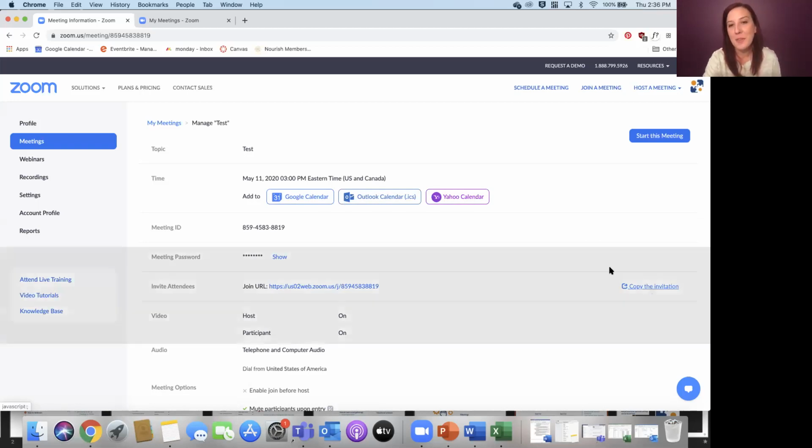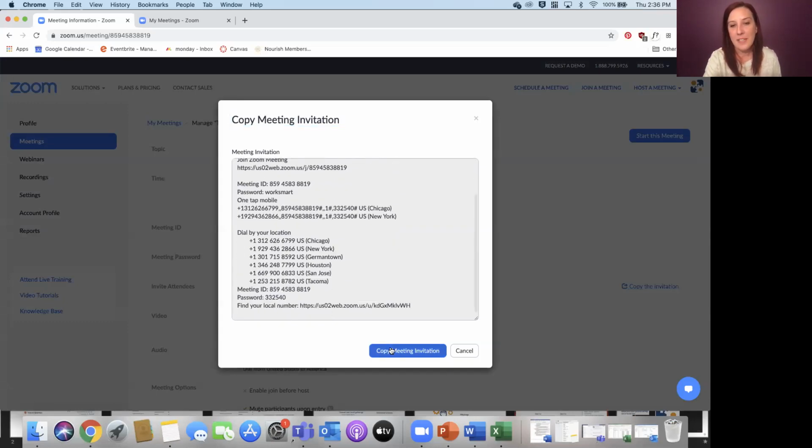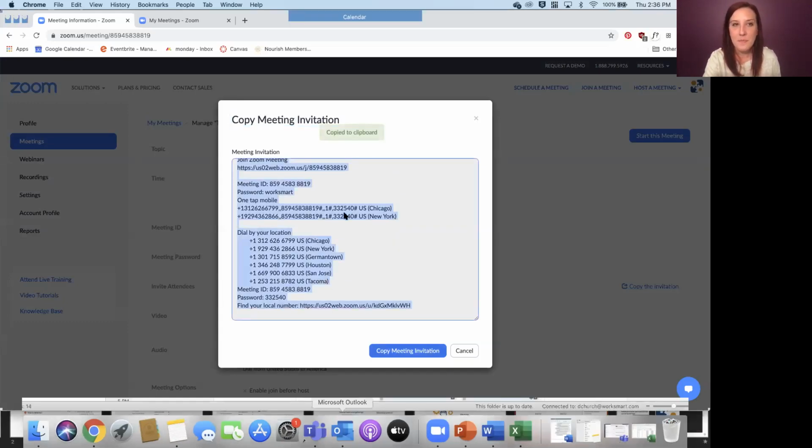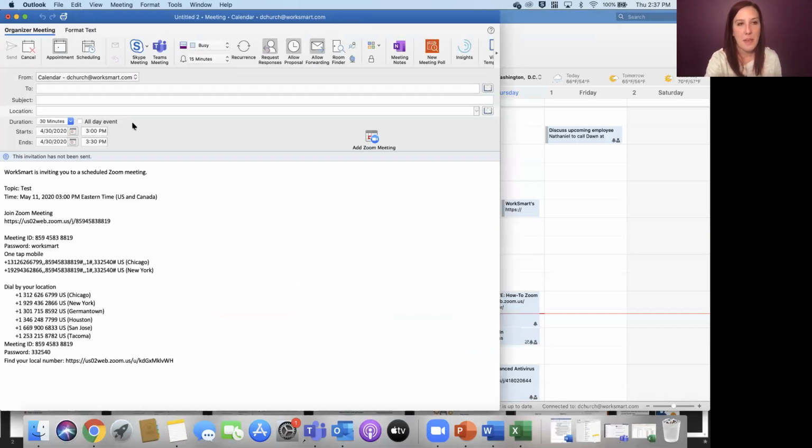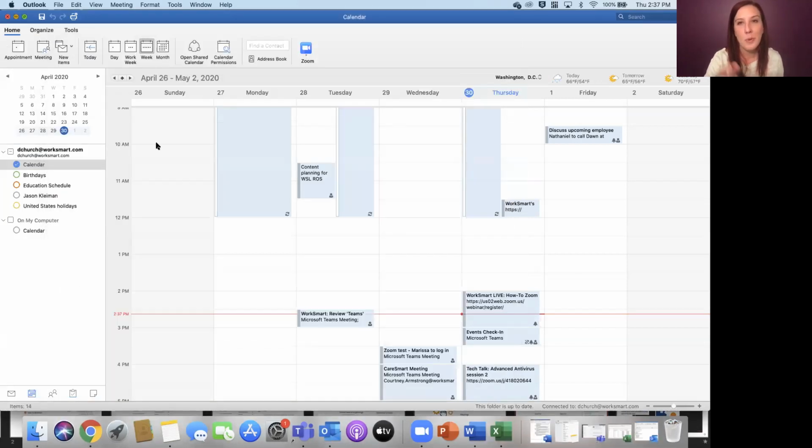So yeah, you would just copy this and then take it over to your Outlook, create a meeting, copy and paste, and then set it up just like you would any other meeting. So this is set for May 11th, so we would need to come over and change the times. This is what I mean by it's less convenient, but you have a lot more control over what you can do with the settings ahead of time. So that's why those are the differences between the two. There's pros and cons to both.